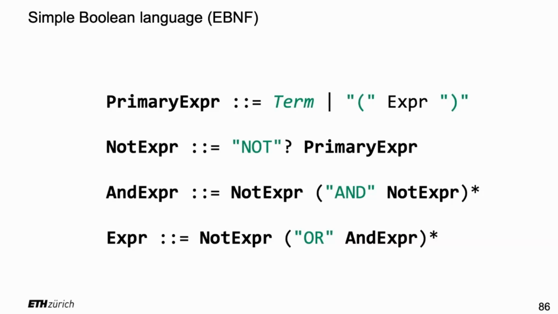Who has already seen that somewhere? Probably also in theory, very good, in theoretical computer science. That is called a context-free grammar in EBNF form. You won't have to implement it, that we give you. You will have the parser, it already gives you everything, but we will want you to implement the rest with